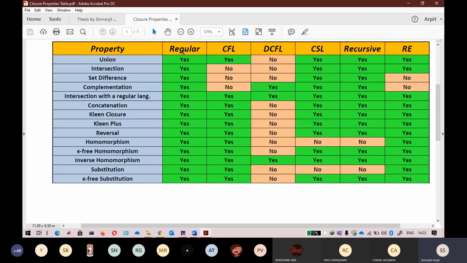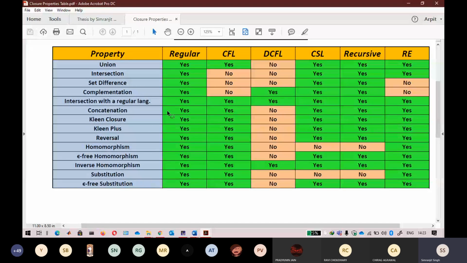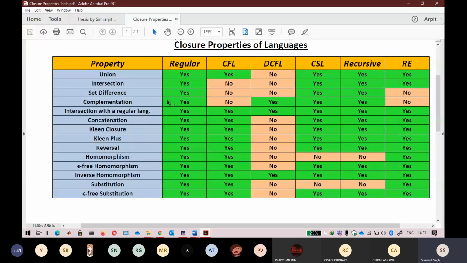Okay, so if you clearly see this, this set is already closed, so that is already defined. You do not have to check for everything. I am just telling you what these exact properties are, what the intersection and the set difference are, and I will give you some proofs. I will not give all the proofs to you, because that will become a very difficult task. I will give you some proofs that are easily solvable and you can easily understand. But if you clearly see here, the regular language is already closed under many things. If you see, all the things are yes here.